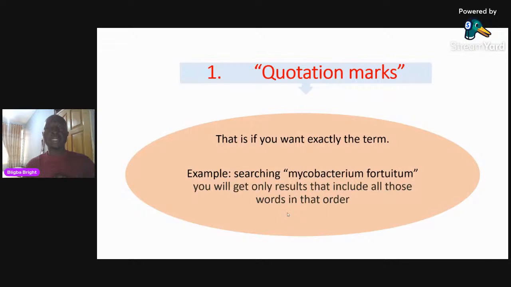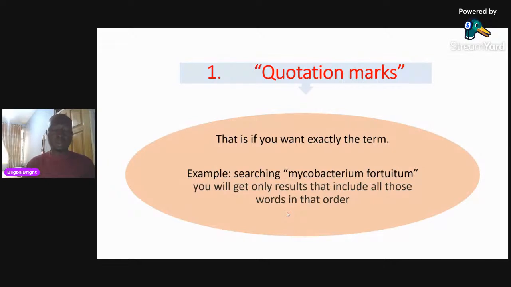It will return exactly the information that contains Mycobacterium fortuitum. It will not return any information that has to do with fortuitum Mycobacterium. It will just follow the order. But when you don't put the quotation marks, it's going to bring related findings and whatsoever, and make your searches very bulky and very complex for you to be able to get